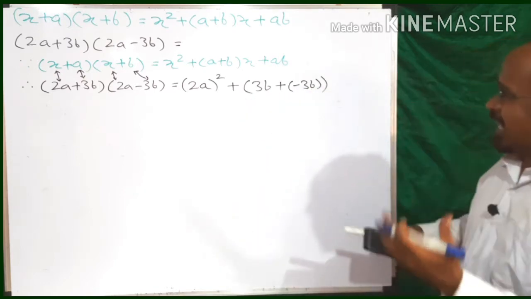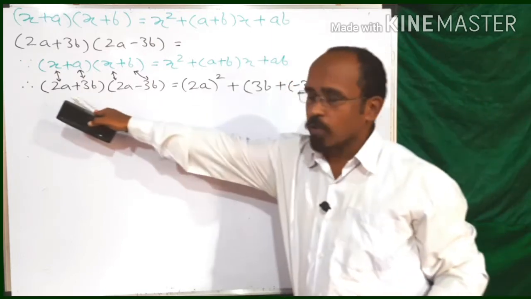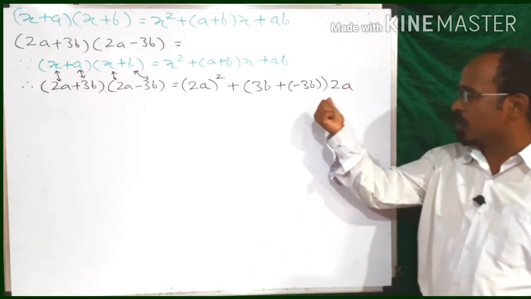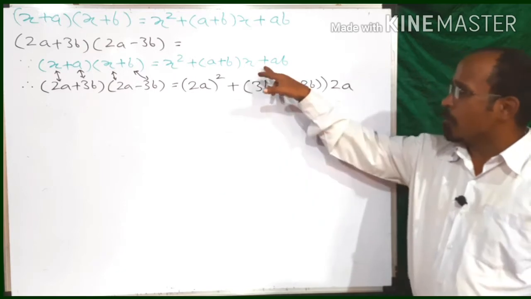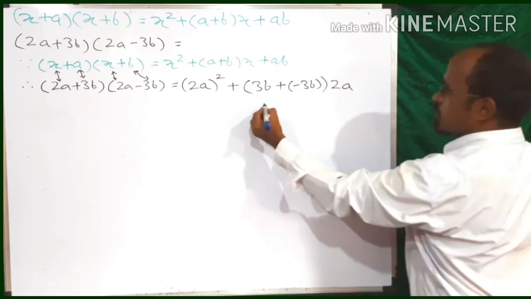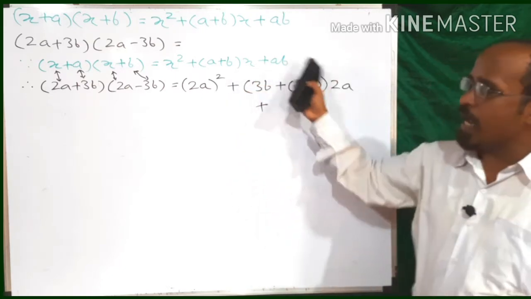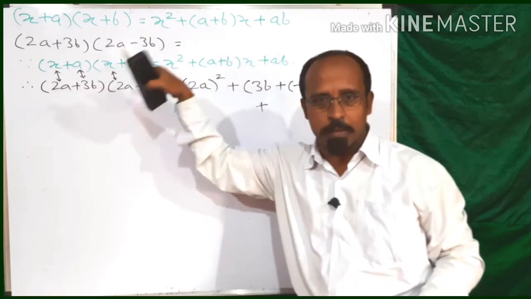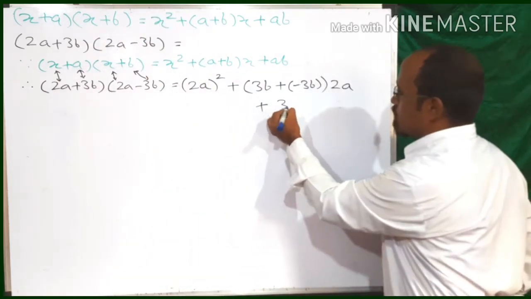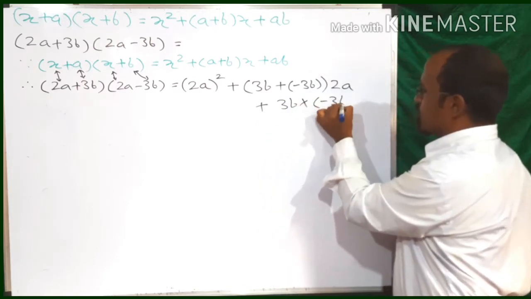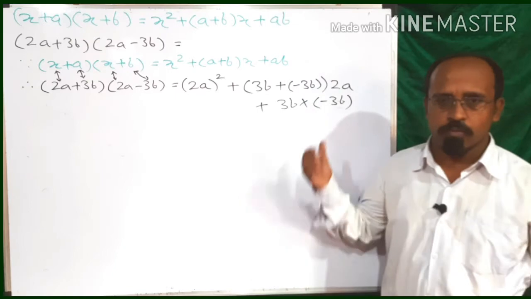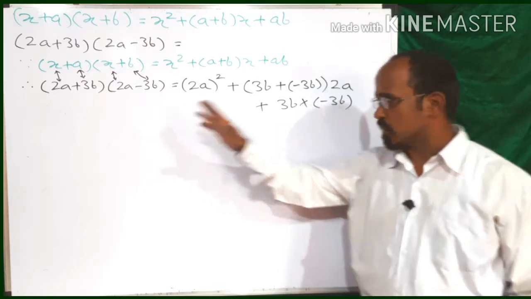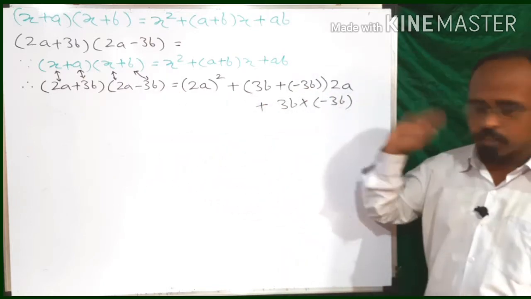Done up to this. Next, into x, which will be replaced by 2a. What is the meaning of this? It means 2a multiplied by the number in the bracket. Done. Plus, this plus is nothing but the plus in the formula. a into b means a multiplied by b. What is a? a is 3b and b is minus 3b. So plus 3b multiplied by (-3b). Friends, I hope you know that whenever we have to add, subtract, multiply or divide a negative number, we always write it in brackets. Hence, wherever minus 3b is there, we have written it in a bracket.